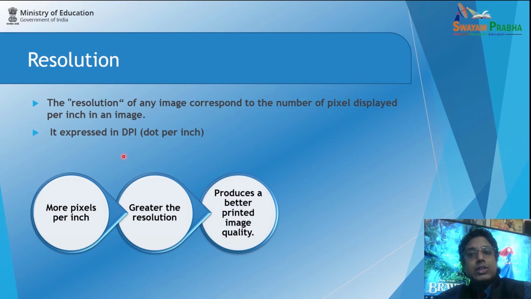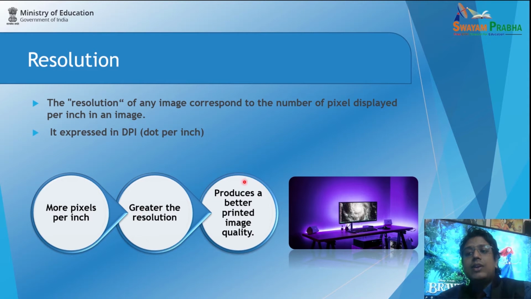If your resolution is high, then more pixels per inch would be inserted, so automatically your resolution would be greater. And when you print the element, if you have a great resolution with more pixels, the print quality would automatically be superb. So you can easily understand that bitmap graphics are dependent on the pixel resolution.